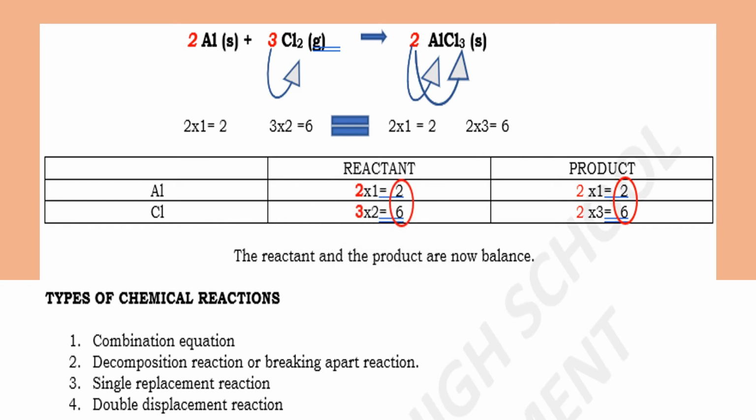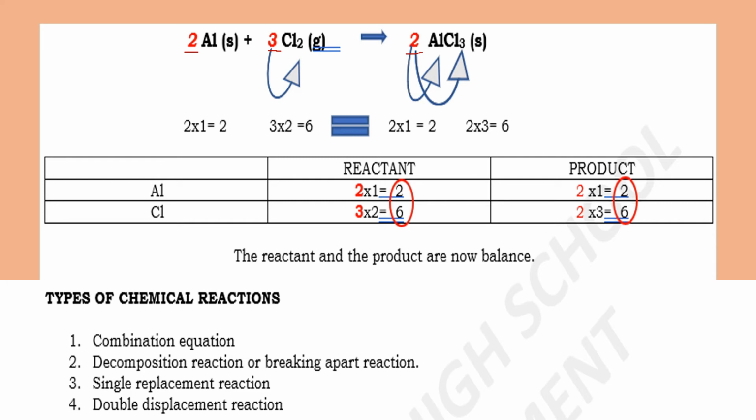So you're going to put coefficient 2. So remember that you're going to put a coefficient before an element or a compound. So saan mo lang pwedeng ilagay yung coefficient? So umpisa lang ng element. So this is an element again. And pwede mo rin siyang ilagay sa umpisa ng compound or before a compound. Now take note that yung subscript ay hindi mo pwedeng palitan. Okay, so